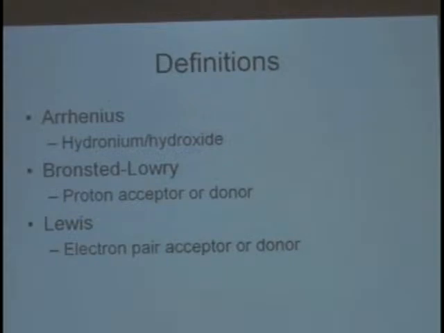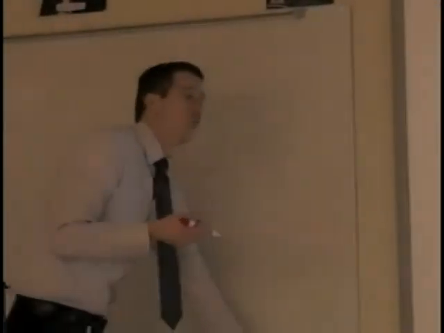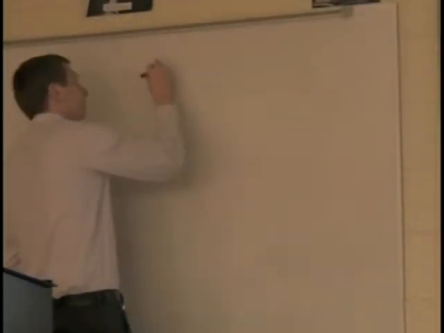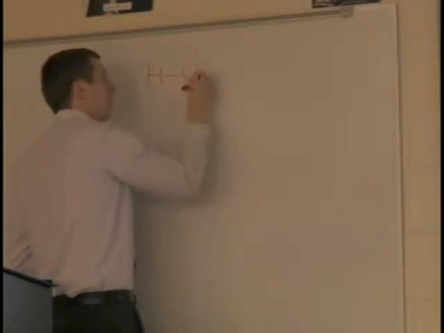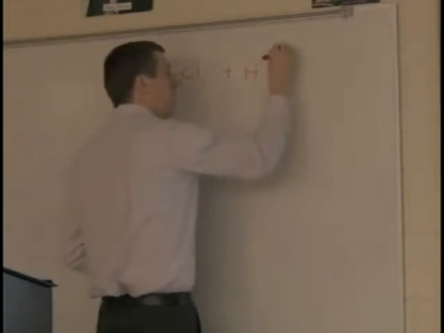A Lewis dot definition will also work for an acid. A Lewis definition is an electron pair acceptor or donor. For this one, I'm going to show you HCl as an example. But I have to draw out the Lewis dot to do it. Here's HCl. If I add it to water,